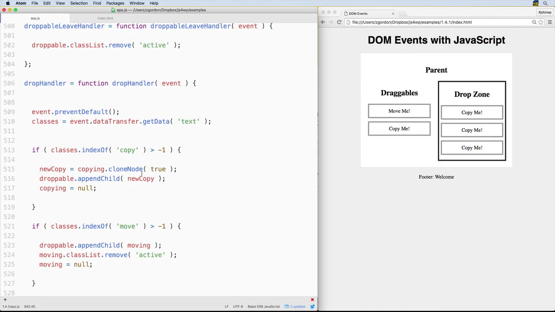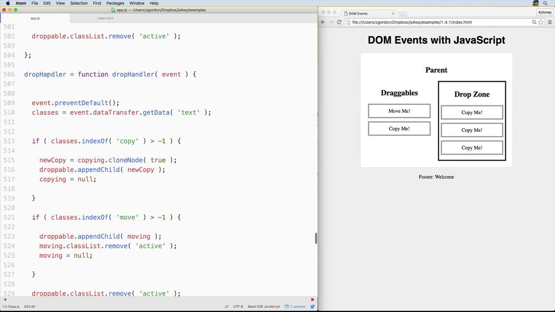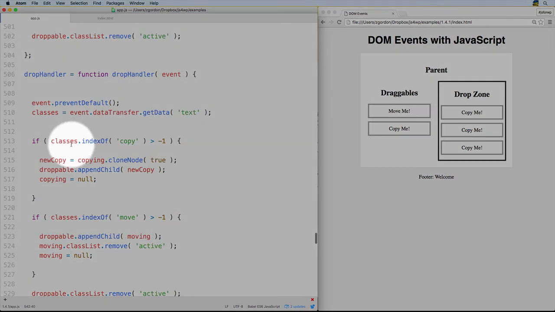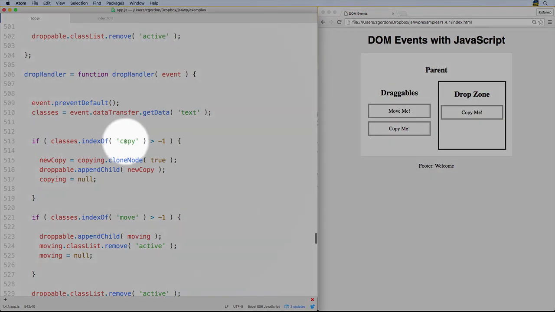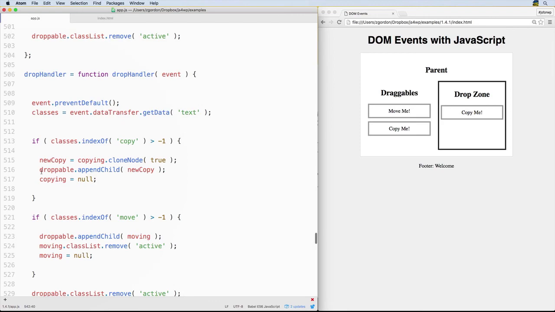And then here's where the real magic happens. Here's what happens when we drop it. Some of this won't make too much sense, so I'll skip over a few things, but I want to point out that we're saying, if whatever it is that we dragged has copy inside the class list. So we're basically testing it. When we let go, we're asking, does what I let go of have a class of move, or does it have a class of copy? And if it has a class of copy, then we're going to clone it and append it into the droppable area. It's so simple. So this stuff of clone